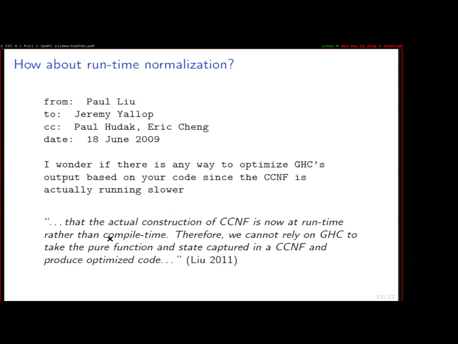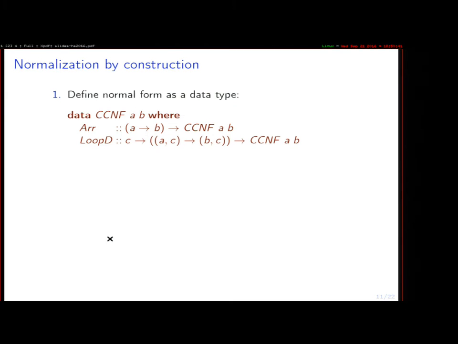So that's the background of my talk. I'm here to tell you some good news. Yes, we can do the normalization at runtime now and get good performance. How we do this is a technique called normalization by construction. This is not our technique, but we didn't really know who first invented it. We first define the normal form as a data type